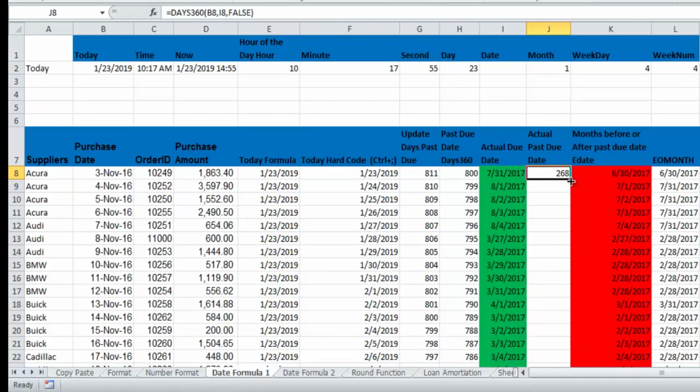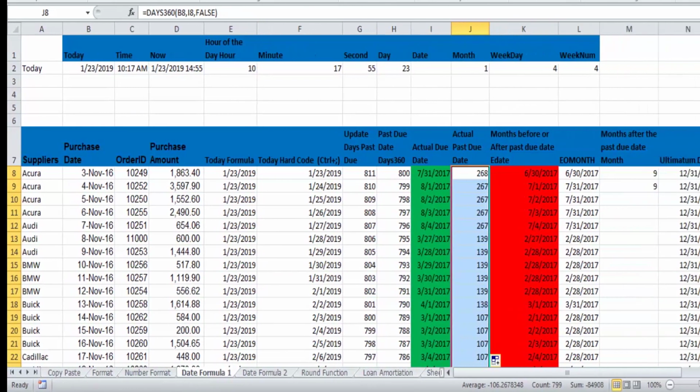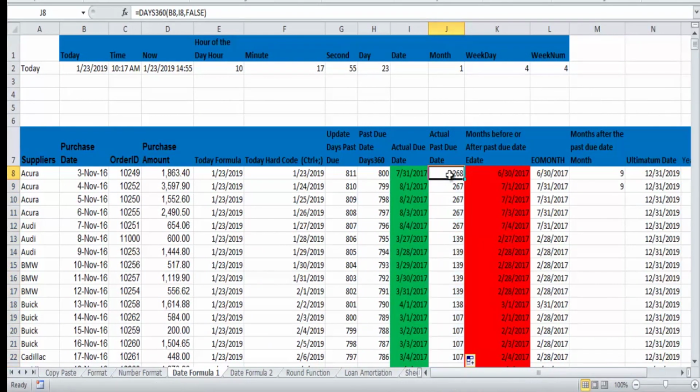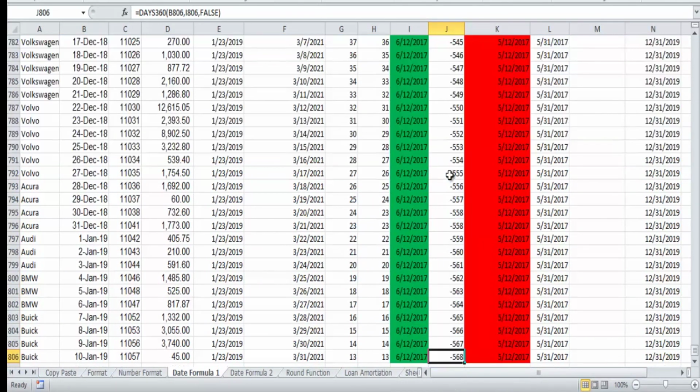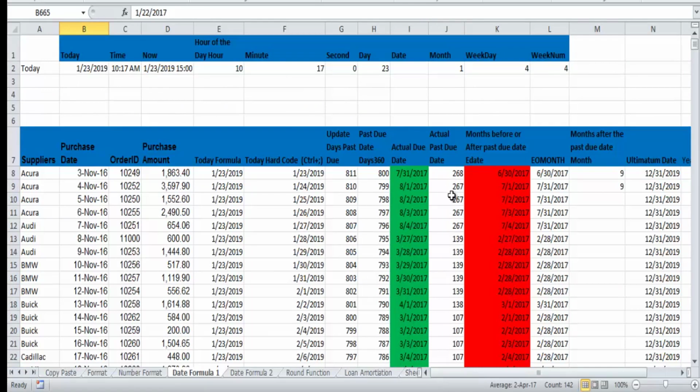So now all I need to do is double click on this, and Excel automatically fills in that column. Now we can see the actual due date. You can see that for this particular car model, it is up to 268 days past the due date